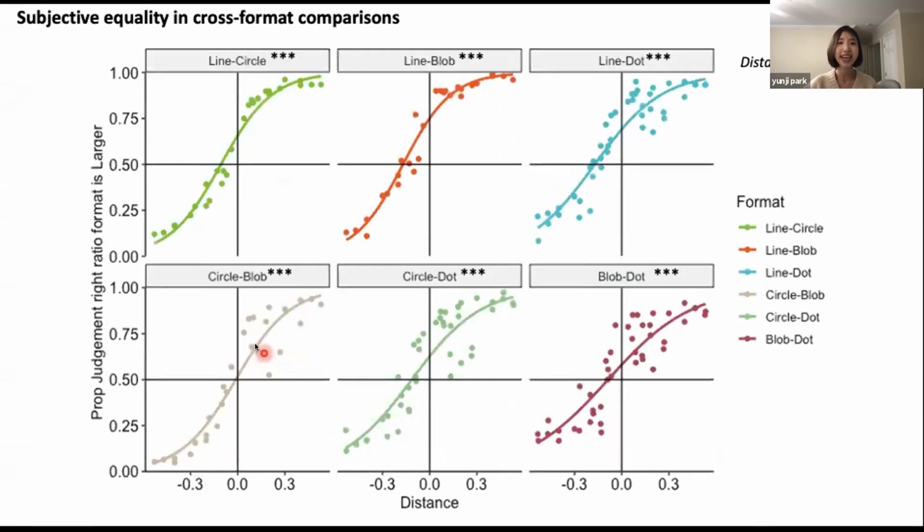And in the other format cases, you can see beautiful S-curve data in all comparisons. Also, this graph may not clearly show that there were significant distance effects in each format. This data indicates that people were able to access abstract ratio information, although formats were different. Even though you can see the graphs are a bit shifted toward the left side, it means there was a bit of bias in how people judge the ratio. I mean, in this case, people judged the blob ratio as larger.